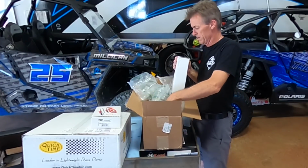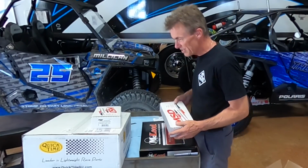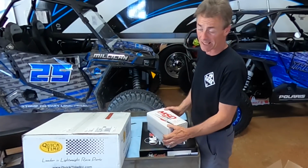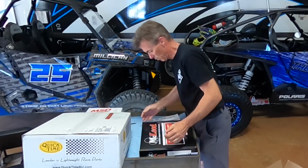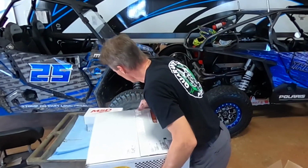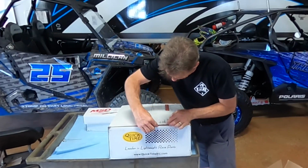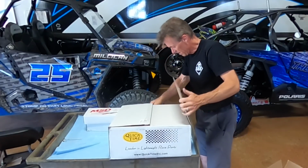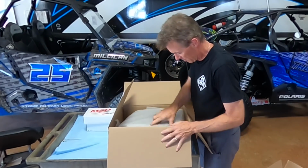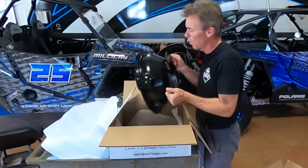What is that? Two boxes here. Ah, I know what this is. This is MSD points boxes for the Top Fuel car. Thank you, MSD. All that came in also while we were gone. One more big box to check out here. Also from our friends at Holley. Silver Sport had all the part numbers of everything that we needed. They got it all. But because I already work with Holley and MSD,